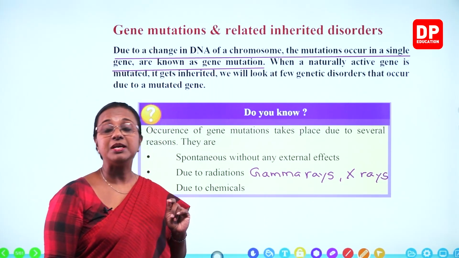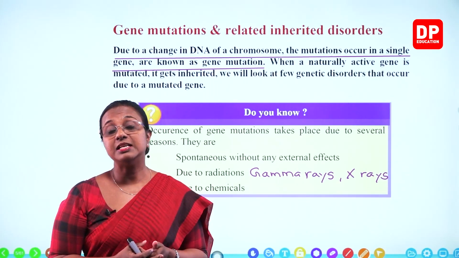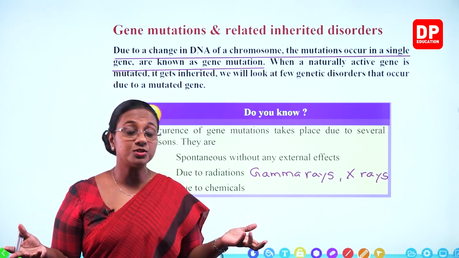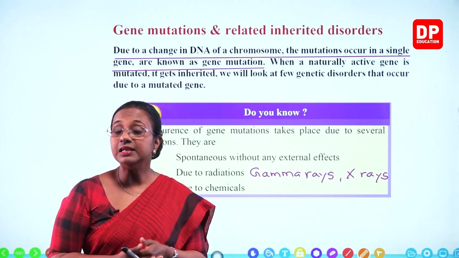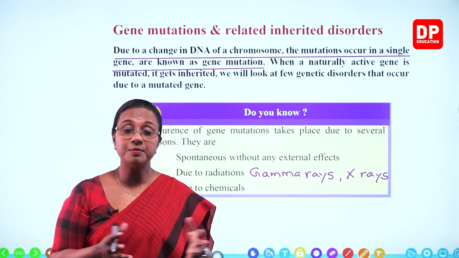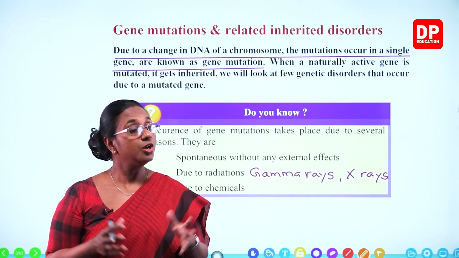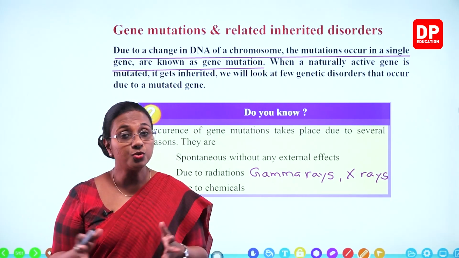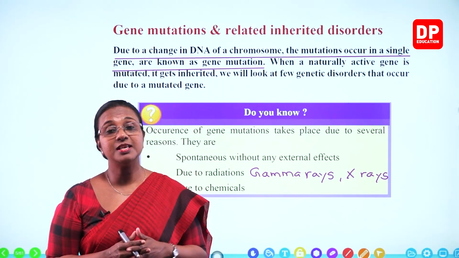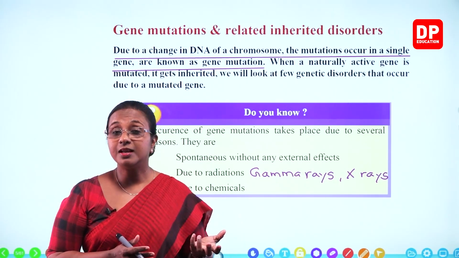Then there are some chemicals, mutation due to chemicals. Now, we use different chemicals in our day-to-day life, even as cosmetics. For example, hair dye. Some of these hair dyes, not all, some of them can lead to gene mutation. Not only hair dyes, there are so many other chemical substances. I'm not going to go into detail there. For example, there are chemicals called